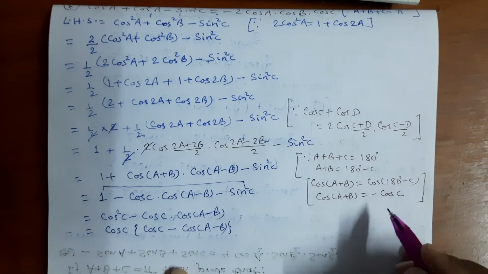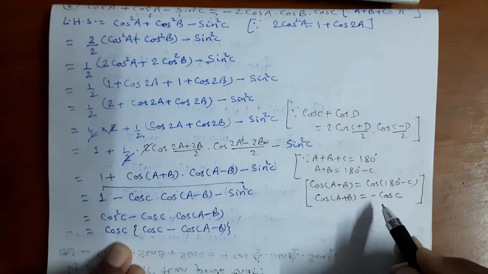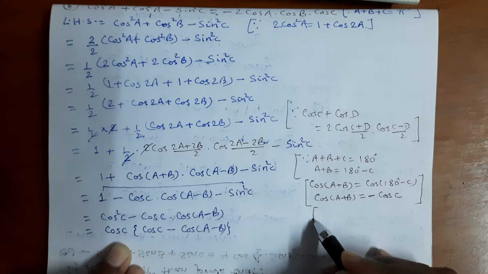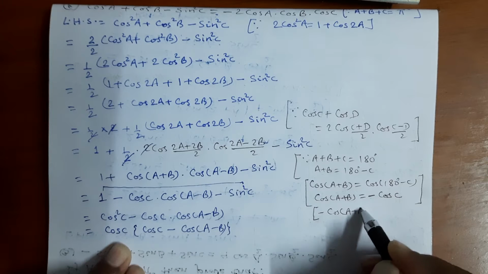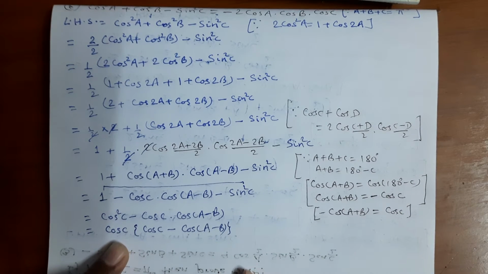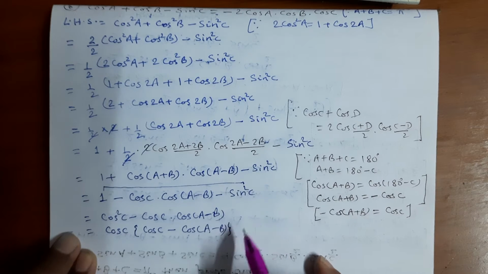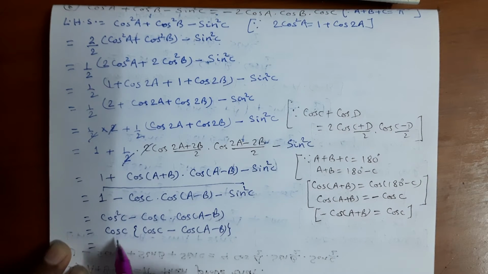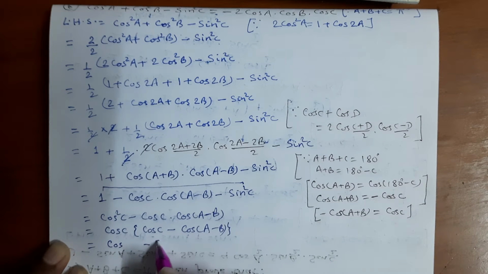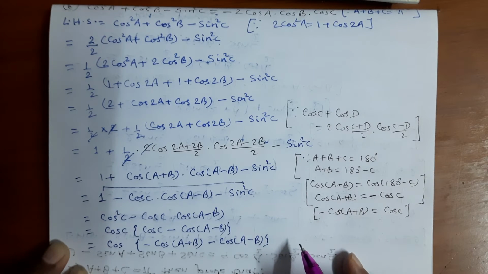Okay. And in the same formula, if we multiply both sides by a minus sign, then we can also get minus cos A plus B equals cos C. So this cos C equals, we can also write, minus cos A plus B. So this cos C outside as it is, and this cos C which is inside equals minus cos A plus B, included by curly bracket, minus cos A minus B. We can write like this way.